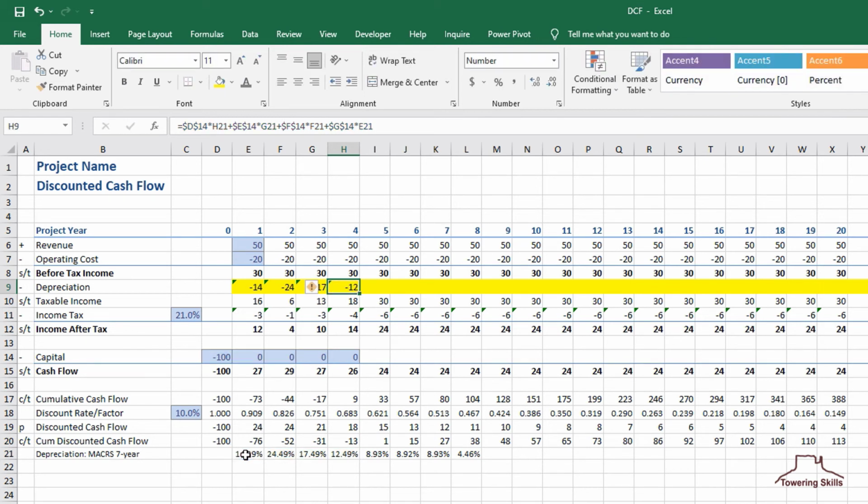This formula continues to depreciate the capital invested in periods 0, 1, and 2 and adds capital invested in year 3. We'll copy cell H9 and paste it into I9. And we'll modify the formula in I9 by adding a term for the capital in year 4.